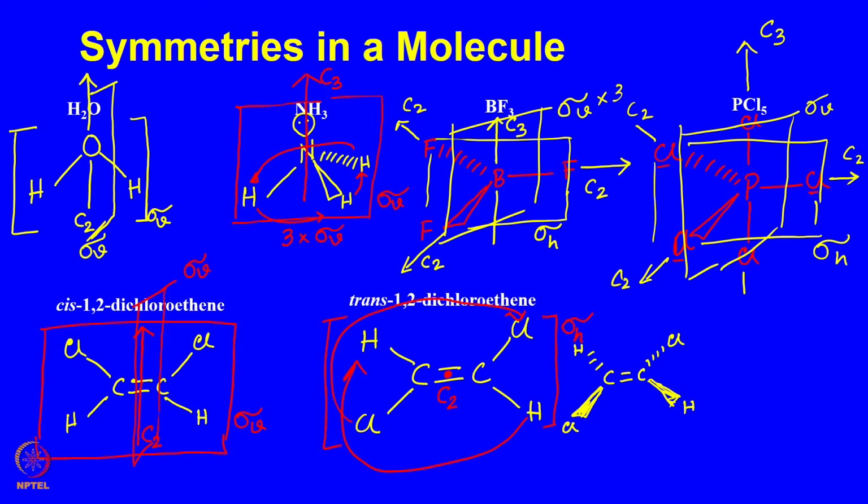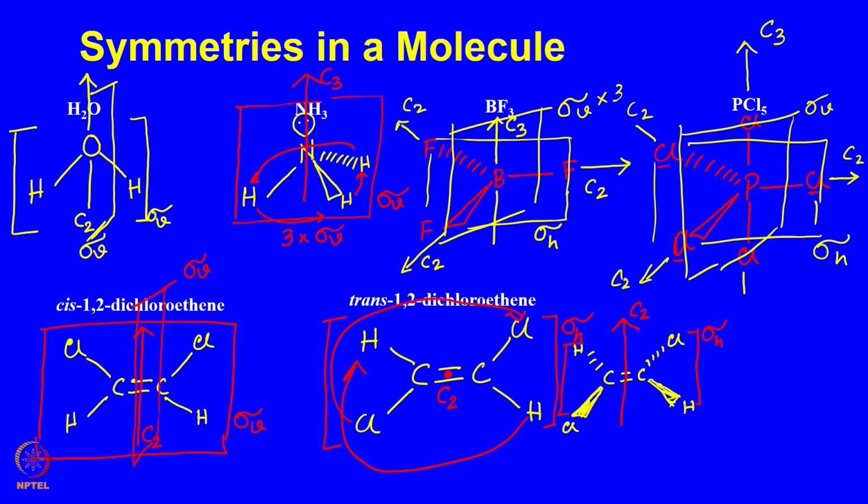So, the chlorine and hydrogen are above the plane of the projection, and that chlorine and hydrogen are below the plane of the projection. Now here this two-fold axis is in the plane of the projection, in the plane of those CC bond, and the plane which is perpendicular to this plane of projection, perpendicular to the plane of the CC bond and perpendicular to that C2, this is my sigma H. Therefore, this molecule has C2 and sigma H and no other symmetry element.